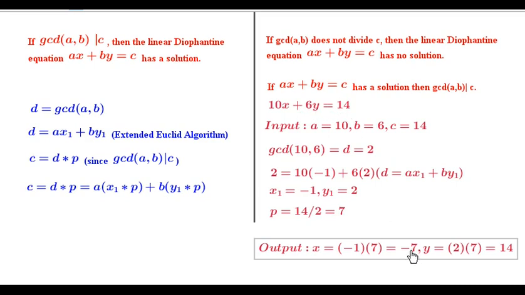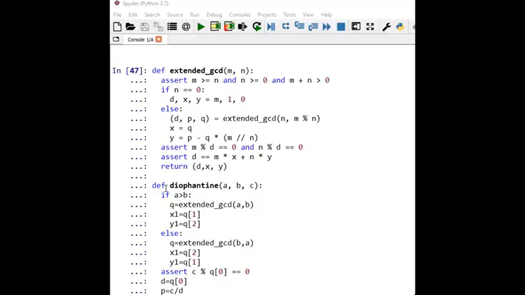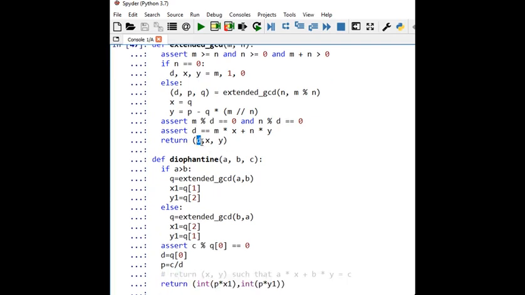Now we will talk about the implementation part. Let's talk about the implementation part now. So the input contains three parameters a, b and c, and I'm using the existing terminology which we have just discussed. The idea is using extended GCD, using the existing code of extended GCD, we will get values of d, x1 and y1. So d is nothing but GCD of a comma b. So we will get the solution if and only if d divides c. So we will check that particular fact here.